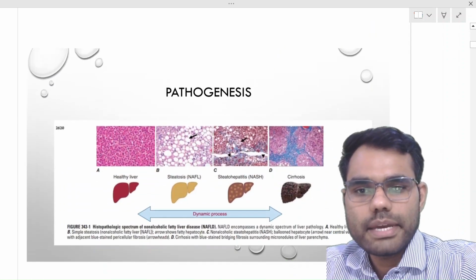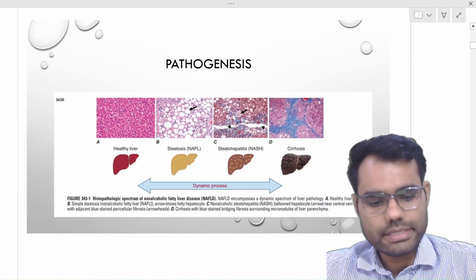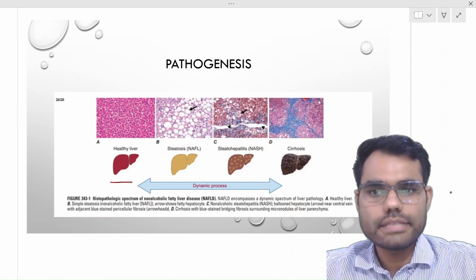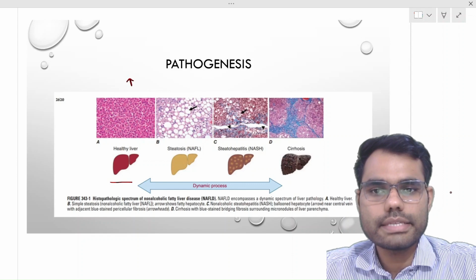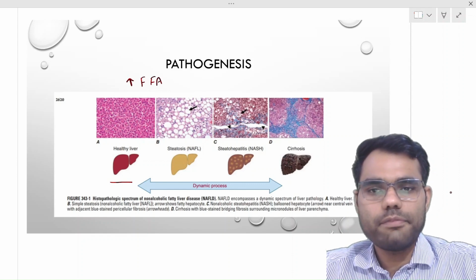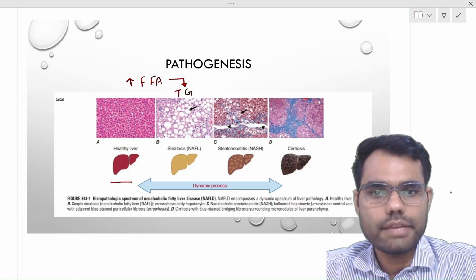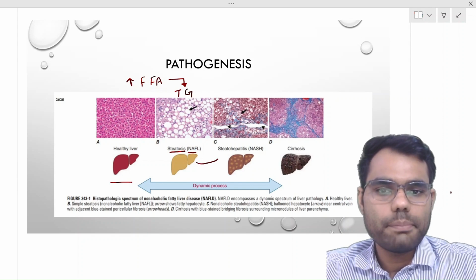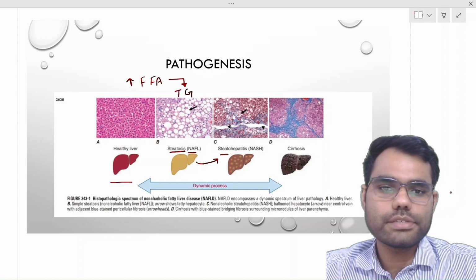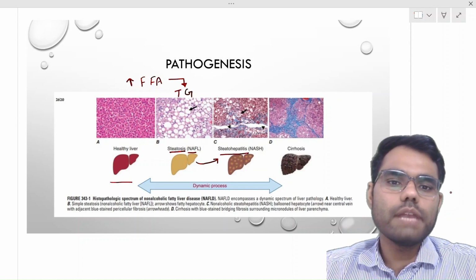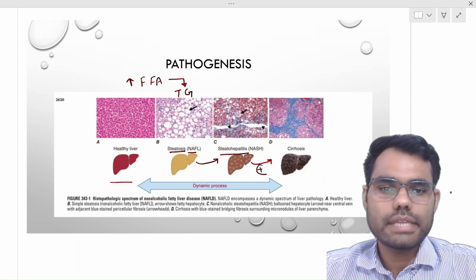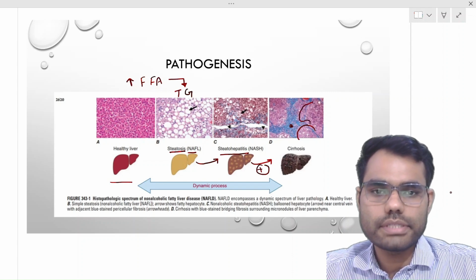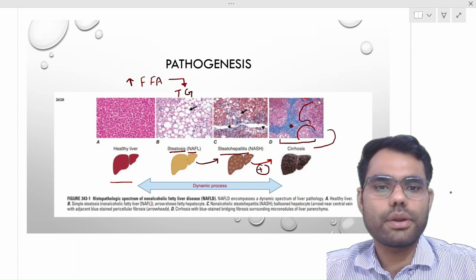So let us try to understand this by the pathogenesis of NASH, that is non-alcoholic steatohepatitis. So this is a healthy liver, right? In NASH we know there is insulin resistance, so there is increased lipolysis of fat causing an increase in free fatty acids in the blood. Now these free fatty acids get deposited as triglycerides in the liver causing steatosis, that is non-alcoholic fatty liver. Now this fat will ultimately undergo lipid peroxidation to cause inflammation, and this is known as steatohepatitis. Now this chronic inflammation will stimulate stellate cells, which will cause fibrosis surrounded by regenerating nodules, and